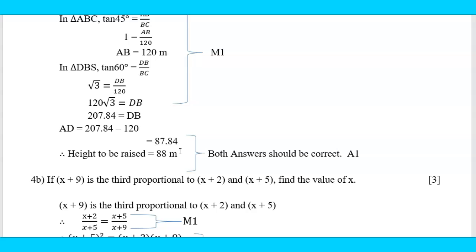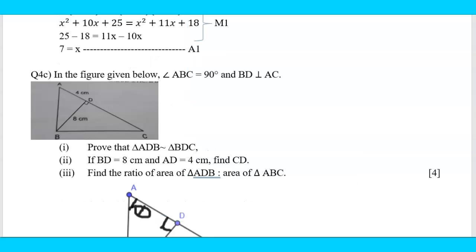Here 87.84 means nearest meter will be 88 meter, because the question says you have to give the answer to the nearest meter. So if both the values are not written, only this much you have left, you will lose 1 mark, and both the answers should be there. You have to write in nearest meter. Before that you should get this. Then you will get 1 mark here. Next question is